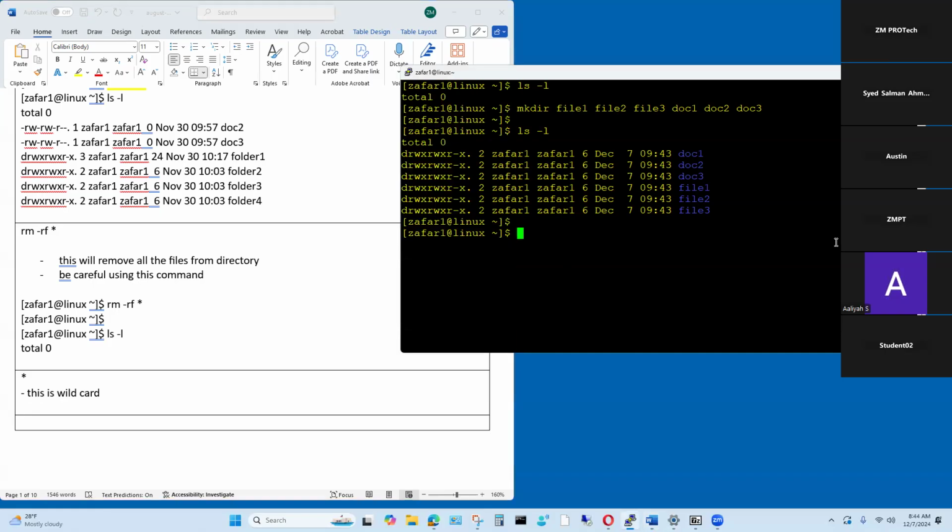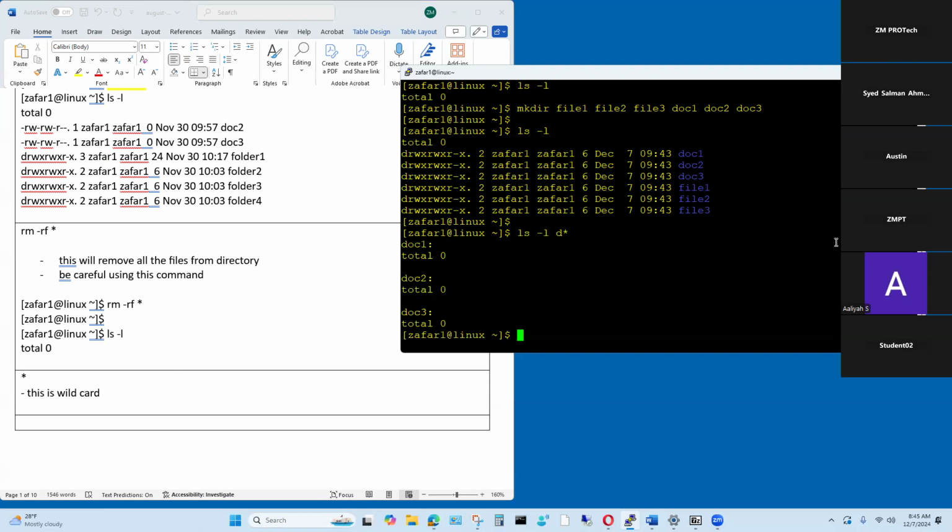What is the wildcard going to do? If I do ls -l and then put D as in David, and I'm putting a wildcard in here, what it's going to do is